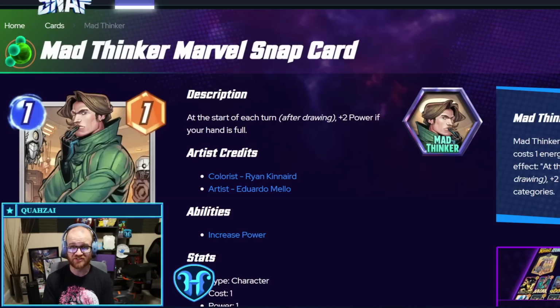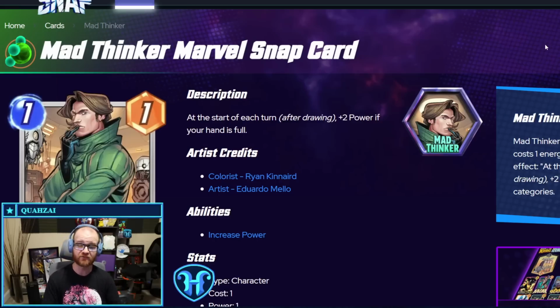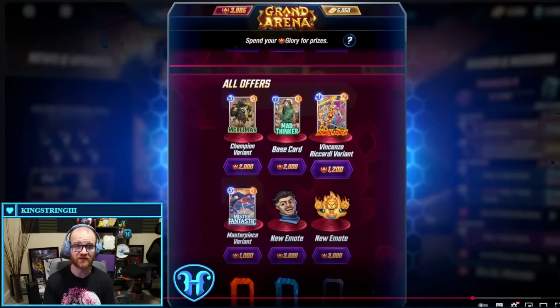Both of these cards, I honestly think, are some of the most interesting and perhaps even powerful cards to be releasing this season. They also have reasonable synergy with Victoria Hand, who's one of my favorite cards. Victoria Hand powers up the rocks made by Moleman, and decks with Victoria are often generating a lot of cards, keeping your hand full for the Mad Thinker. You'll acquire these cards by spending glory inside the Grand Arena shop, with each of them costing 2,000 glory to